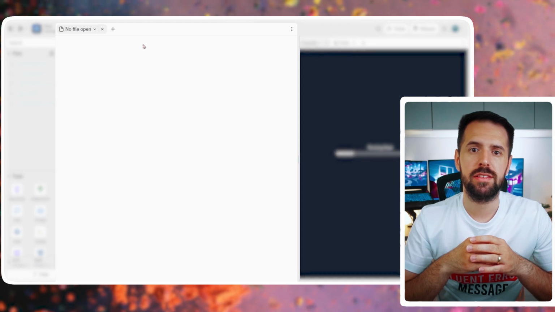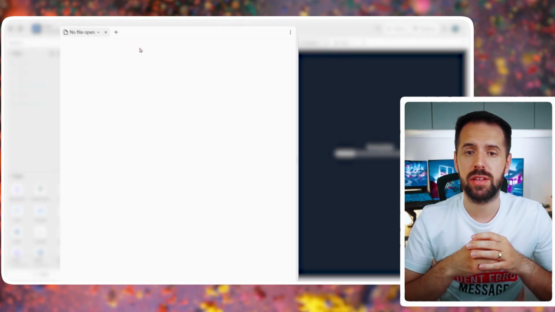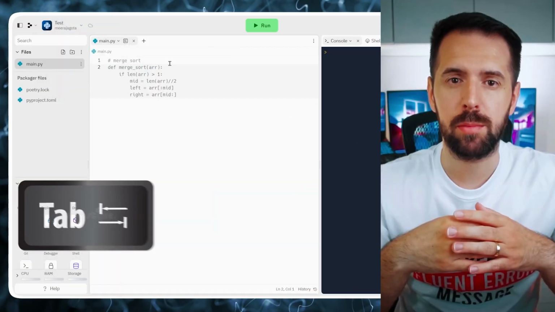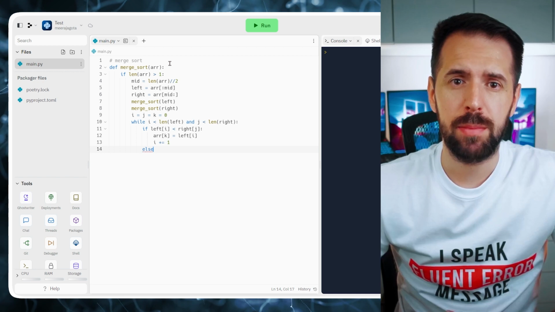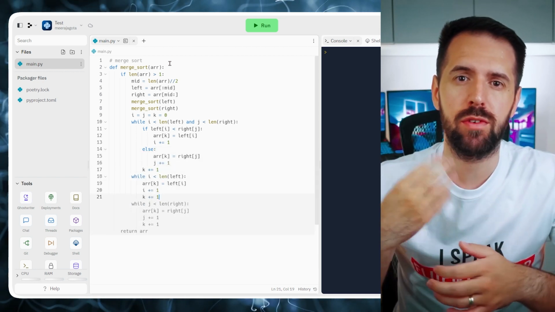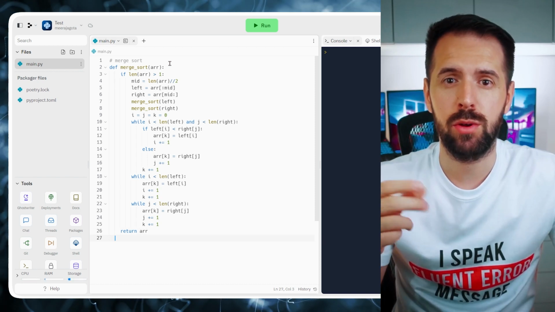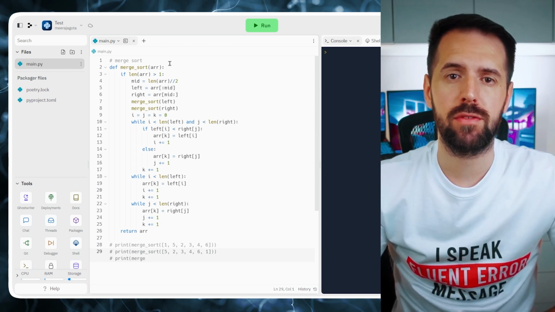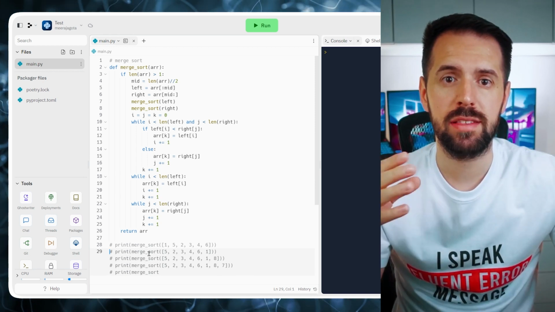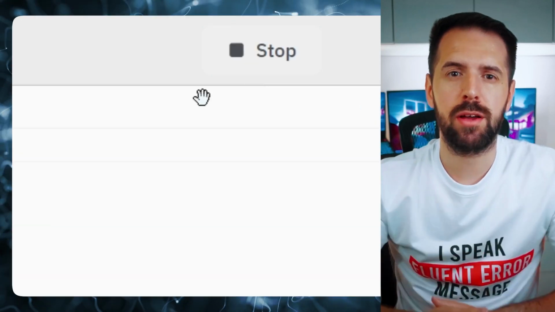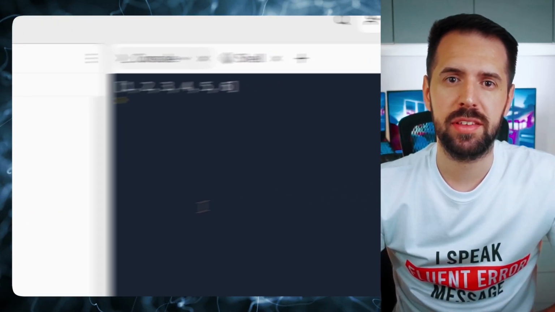On the left hand is where your code will be, and on the right is your console and other tools. Similar to other tools previously mentioned, you can press Tab to accept a suggestion or keep typing if you want to ignore the suggestion. As you can see, with just a definition of a function, Ghostwriter will do all the rest, and just with a comment I can generate test cases for my function. Ghostwriter even adds a comment for the expected output. I can press run to run my code and the correct result can be seen in the console.